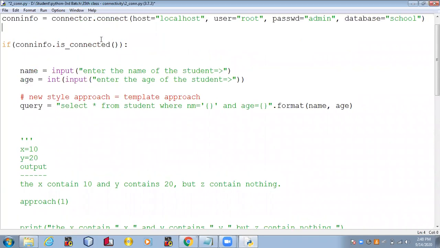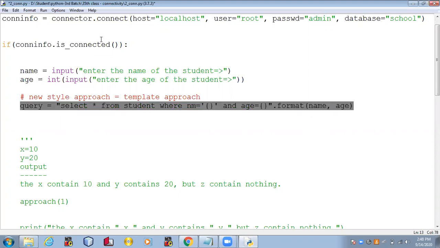Because I need to fill up the template which belongs to the name column, and another template is specified for the age column, right? So it automatically picks up the value from the name variable and assigns it to the first template, and then it picks up the value from the age variable and correspondingly assigns it to the second template. This is the way to make up the query.